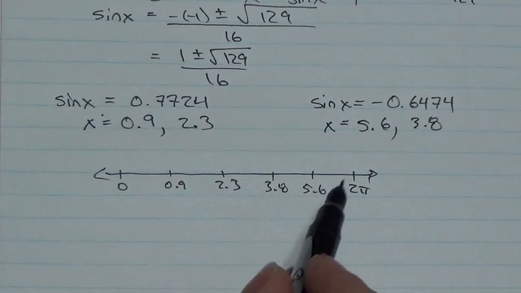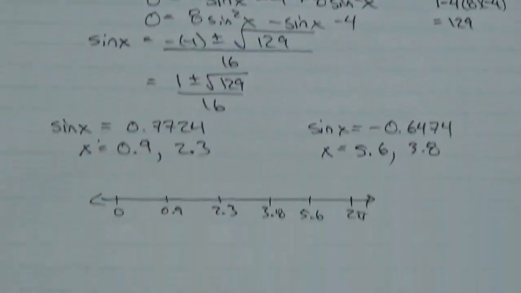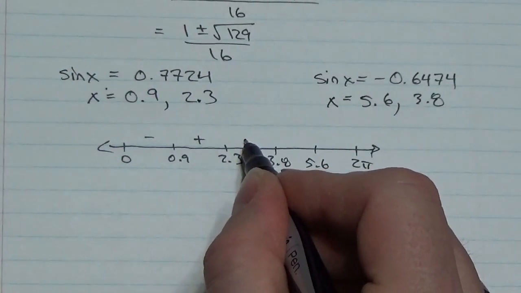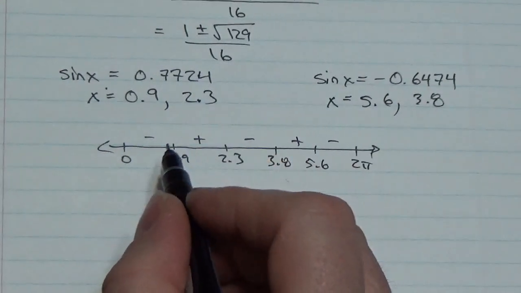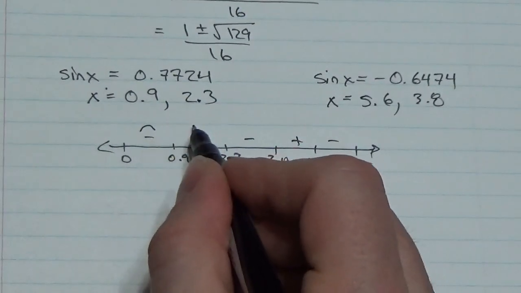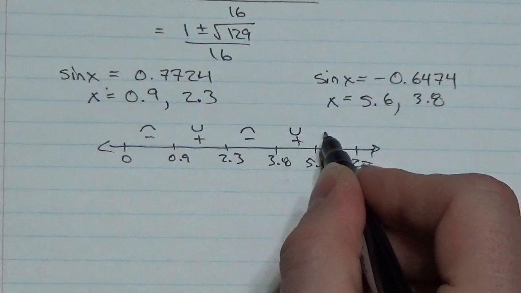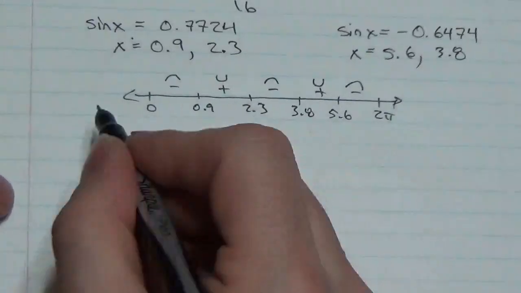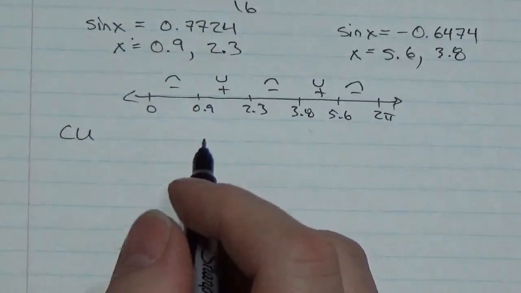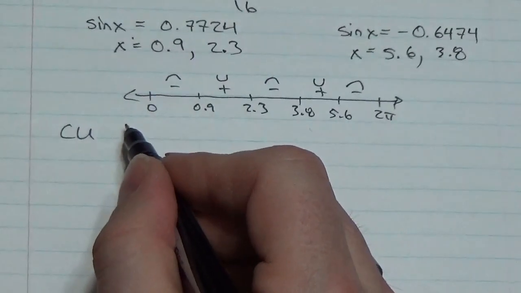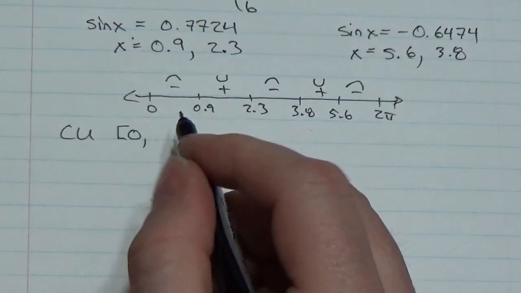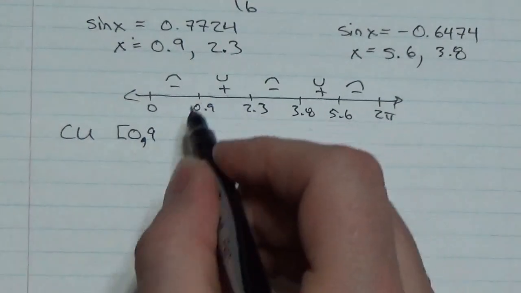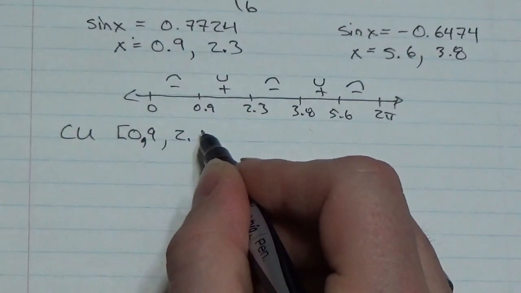So if I grab numbers in between there and go back up to my second derivative, and I've already done this, you're going to get a negative here, a positive here, negative here, positive here, negative here. Meaning that this is going to be concave down, concave up, down, up, down. So I would say that this function, or this graph here, is going to be concave up on the interval, okay? And I will go from 0, concave up 0.9 is what I meant to say, because it starts here,